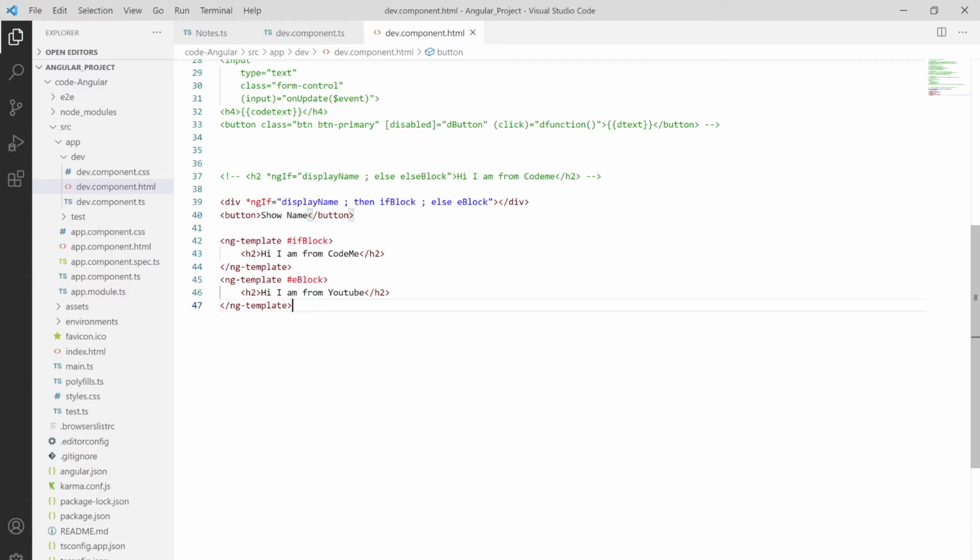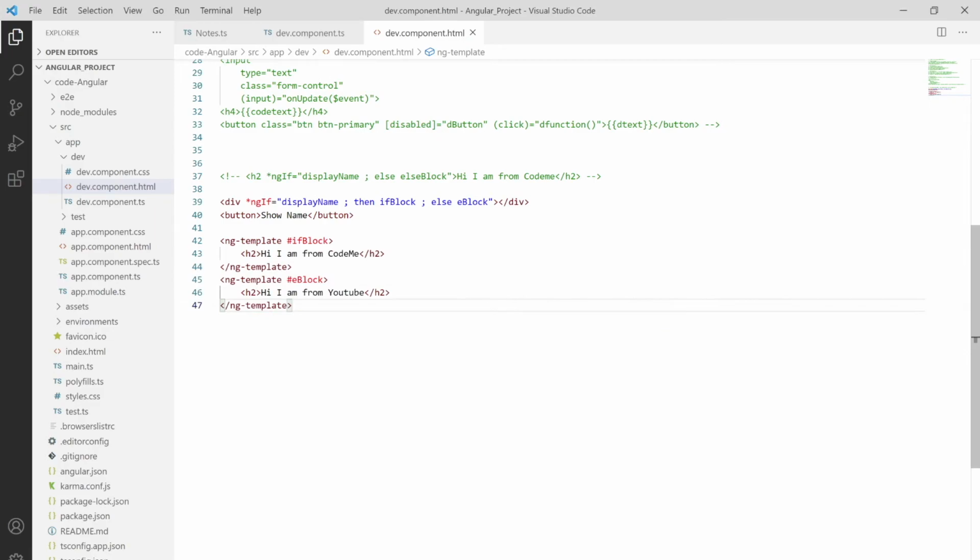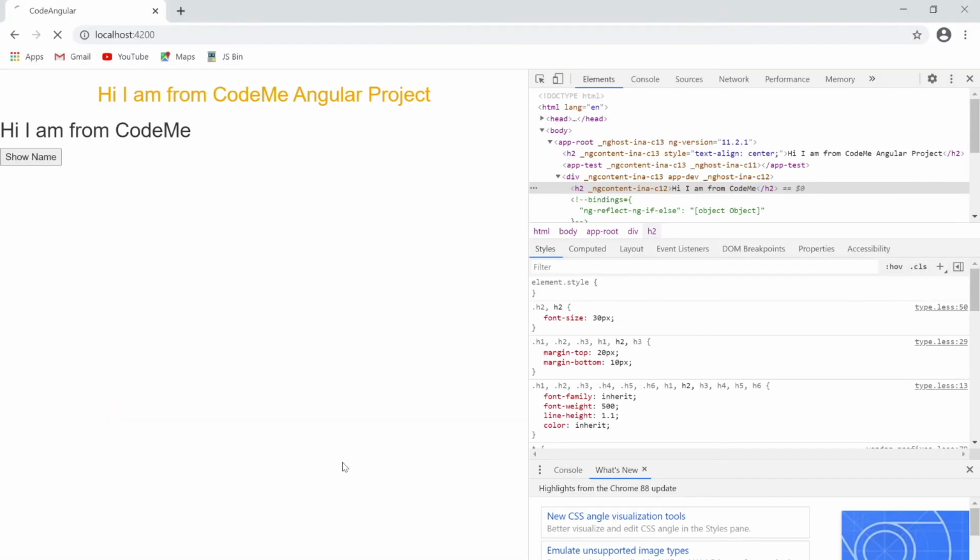Let me save this out and go to the browser. Okay, the show name button is there, but let me introduce some CSS. We are already using the bootstrap CSS, so I'm using button btn-primary, and let me save this and go to the browser.